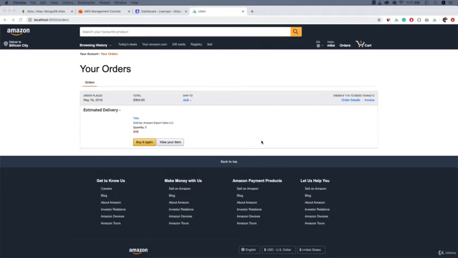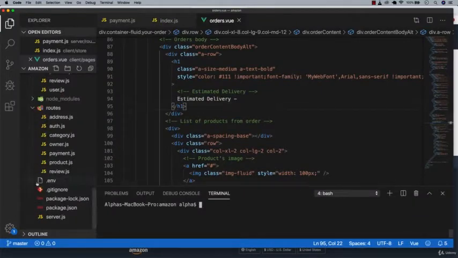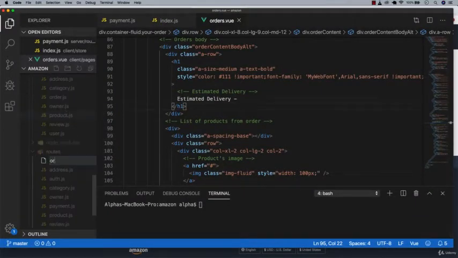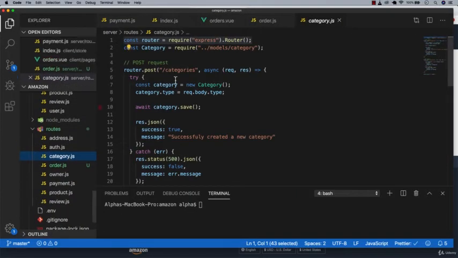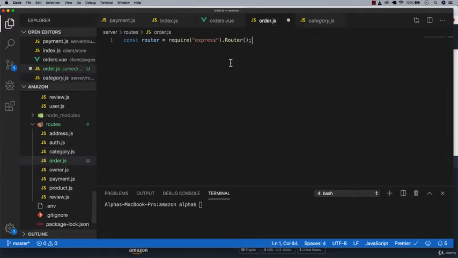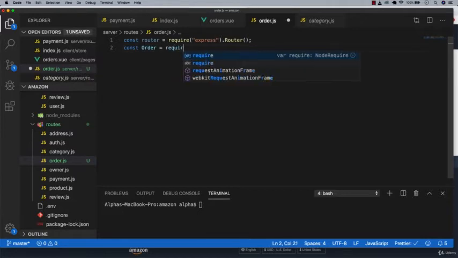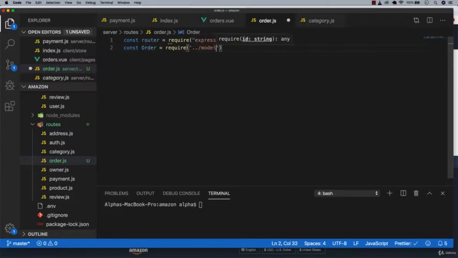So let's create the order API. Let's go to our editor, go to server, and under routes create a new route and call it order.js. You can copy category.js, this router, go back here and paste it here, and you want to do const order equals require models order,